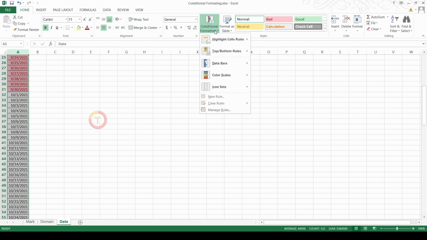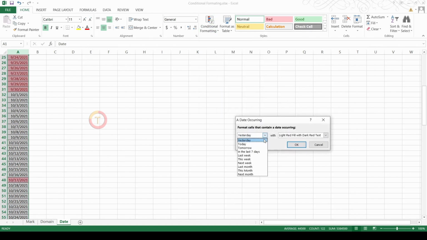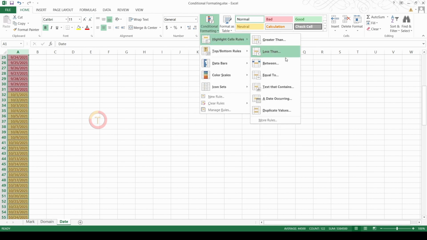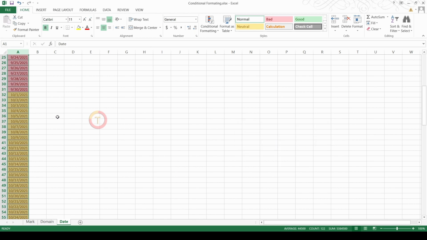So again click on conditional formatting, highlight cell rules, date occurring, click on this month, change the formatting to yellow, click on OK. Again do it for next month. So all the dates in the previous month got highlighted as red, this month as yellow and next month as green.